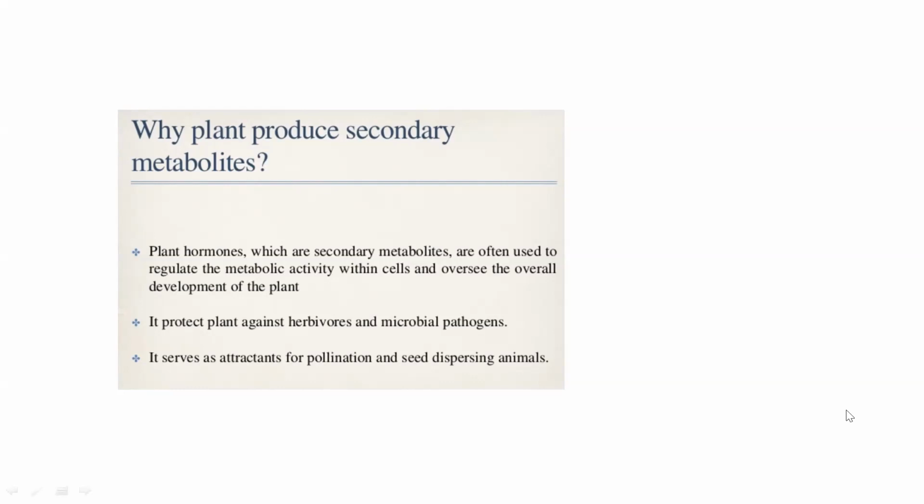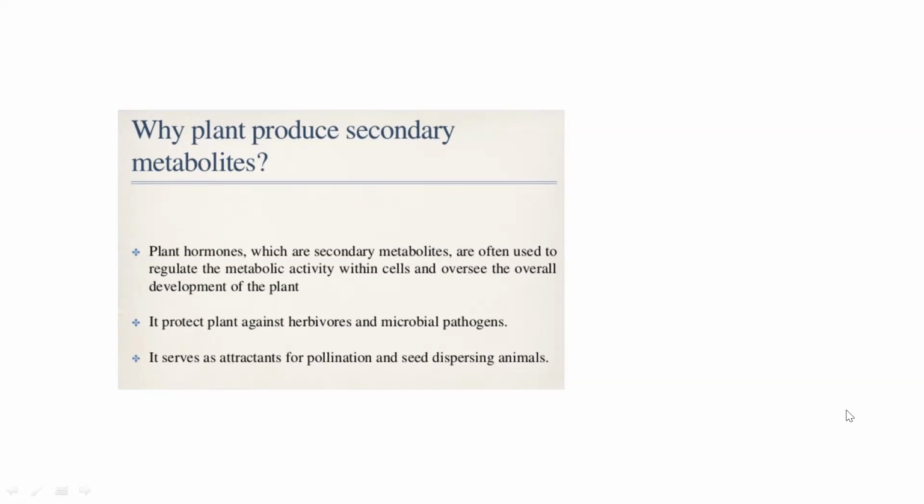You can't stop the plant from producing alpha ketoglutaric acid because it is a part of the Krebs cycle. It cannot be stopped. Even though it is of no use to the plant, it will happen because that is a cyclic process. So what will happen to this alpha ketoglutaric acid that is produced? It will be channelized to produce some secondary metabolites. It may not be useful for the plant, but the production of alpha ketoglutaric acid is inevitable. It cannot be stopped.